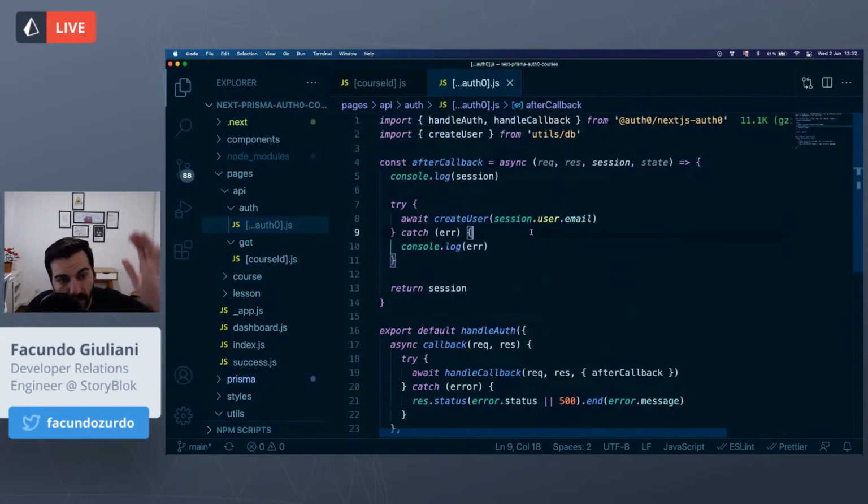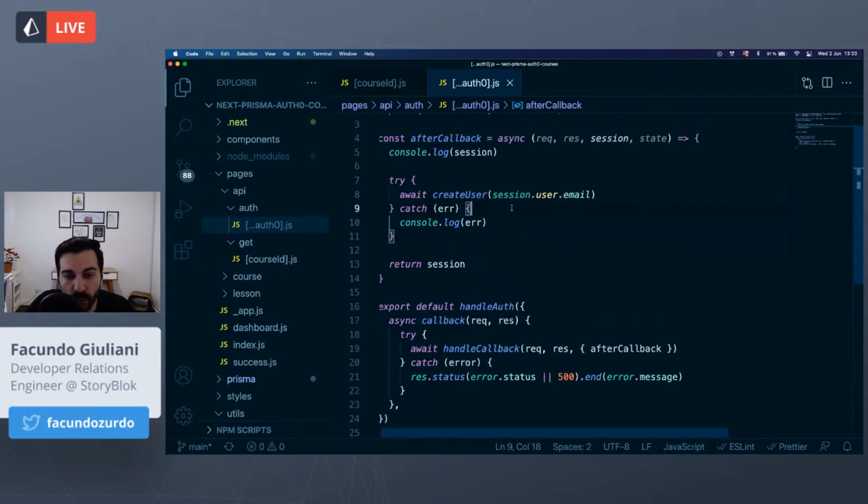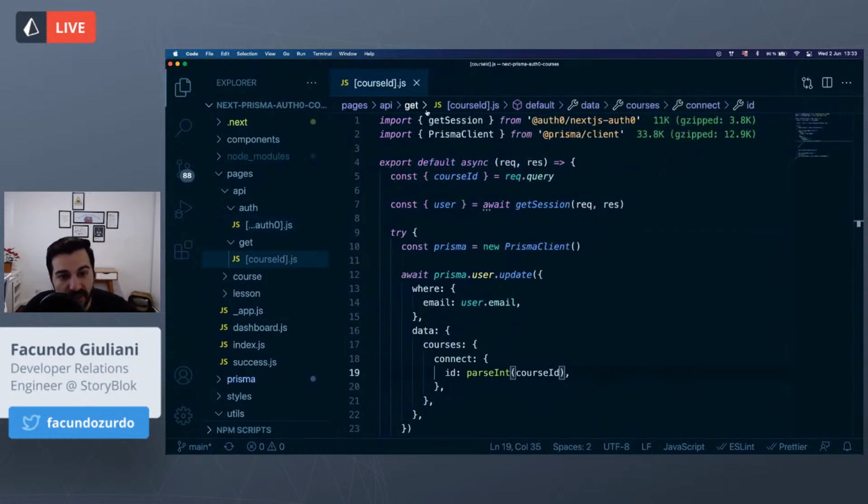And this is it. This is all of what we need to handle authentication in our web application. What we can do now is add behavior to our pages to use this information. So this is like the API route that we would use to authenticate the users. But for instance, if we go to this page, which is the get button that we click when we want